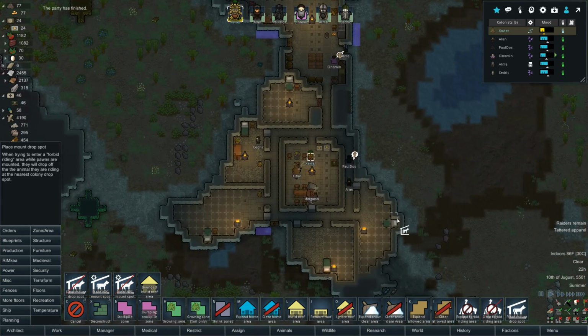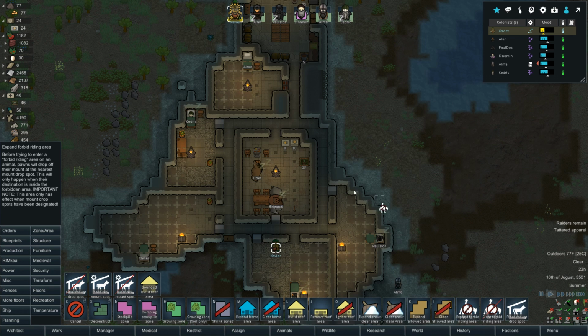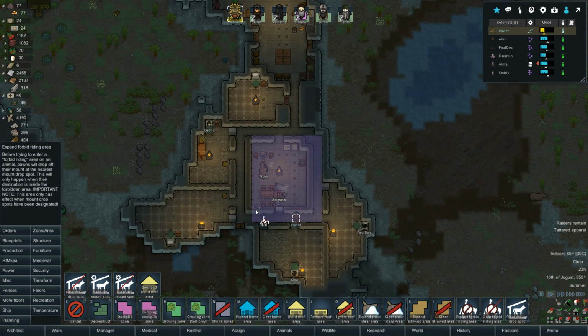Okay, the party was over pretty quick. I didn't even get a chance to check out what was going on. I was inside of it, but I don't think that counts because I was on a mental break. Clear mount... Okay, expand forbid riding area. Can we... Ah, now it does work. Okay, it's its own thing. So let's not allow everyone to ride inside here. It's a little bit wonky the way that it works, but it does work, so...